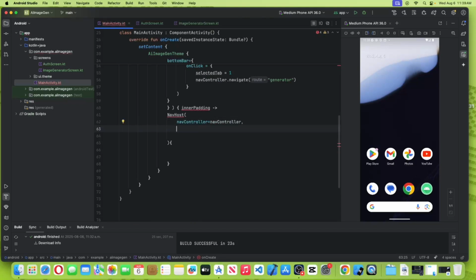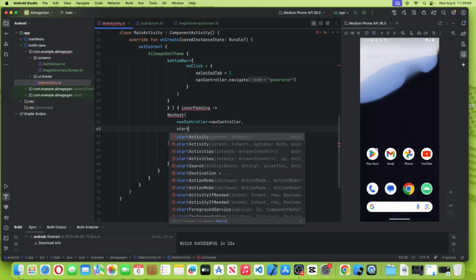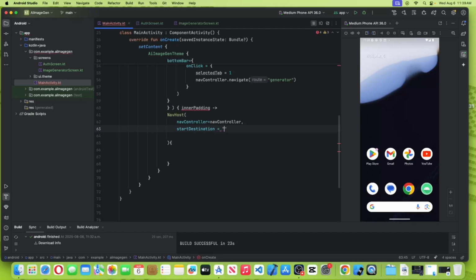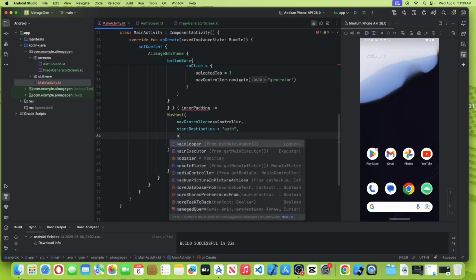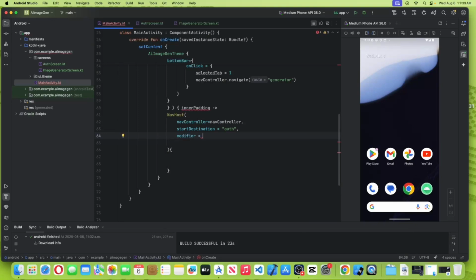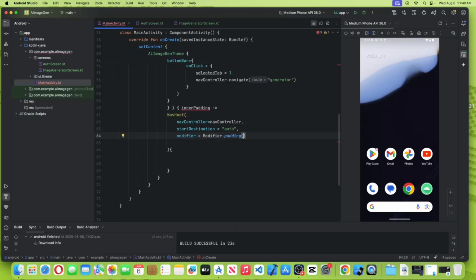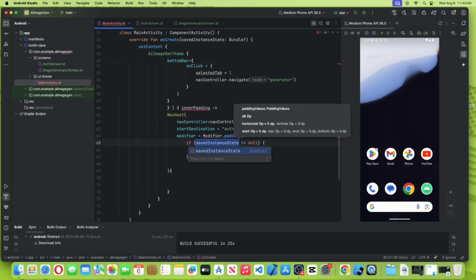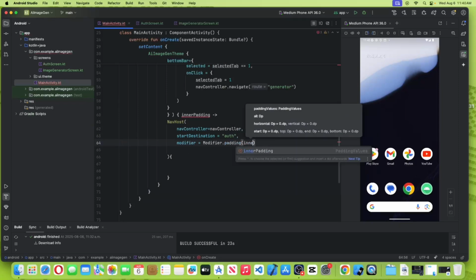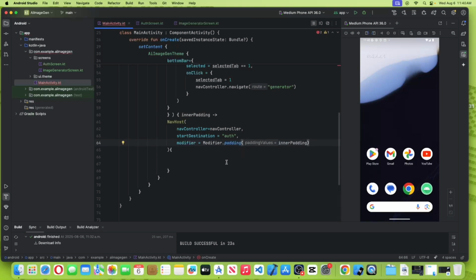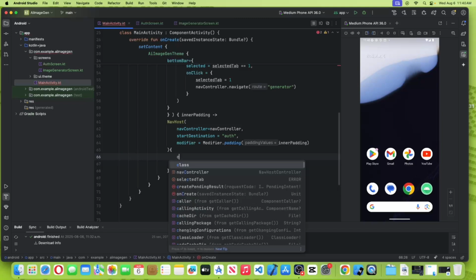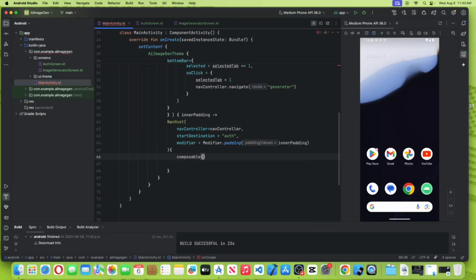To name nav controller is a local variable, and start destination, which will be auth, and modifier, which will be modifier dot padding, inner padding, okay, and for here is composable auth, that is the first nav route, and this will go to the auth screen,